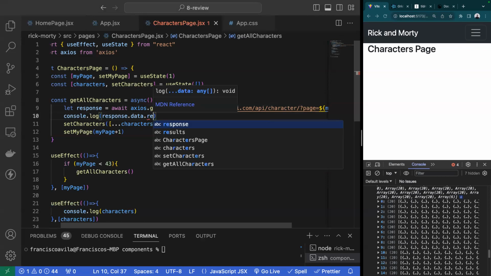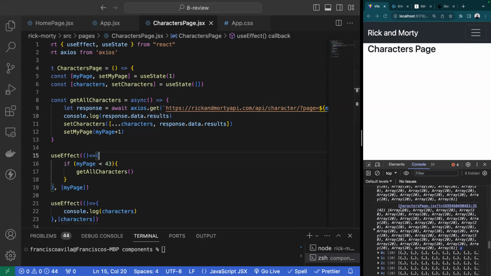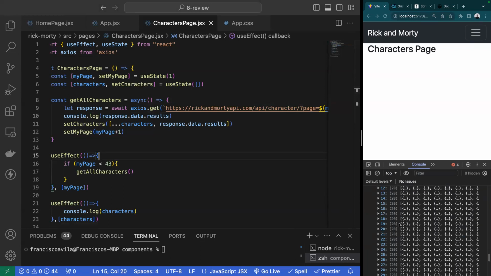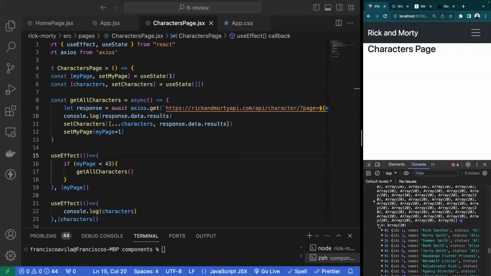I think the useEffect is updating every time because my page is changing. Yeah, it's supposed to do that, right? Because it's getting me all the different values. But what I want to see is